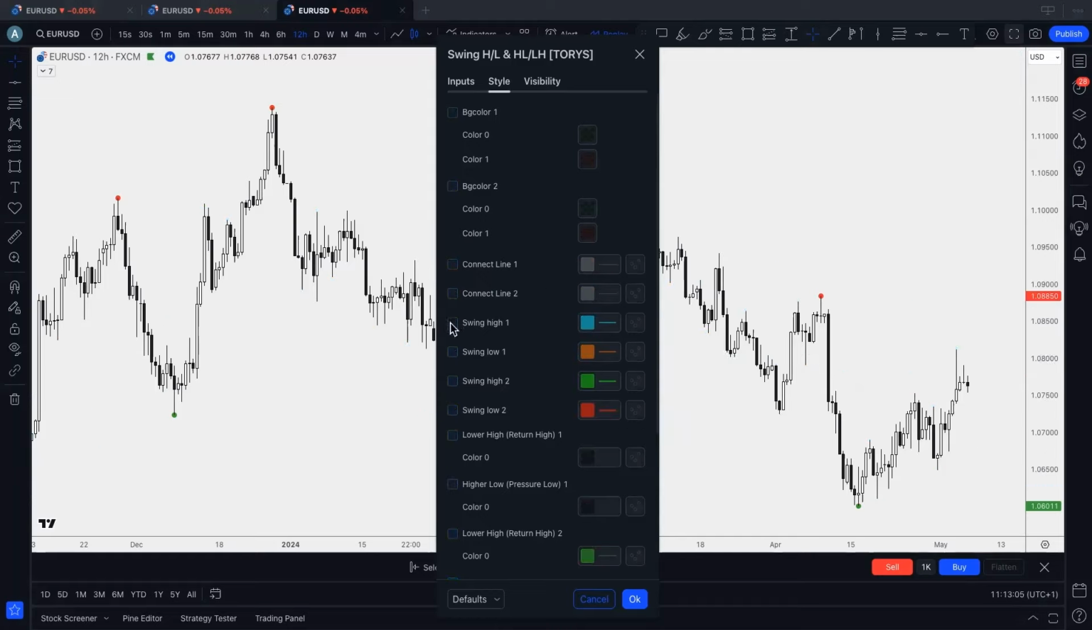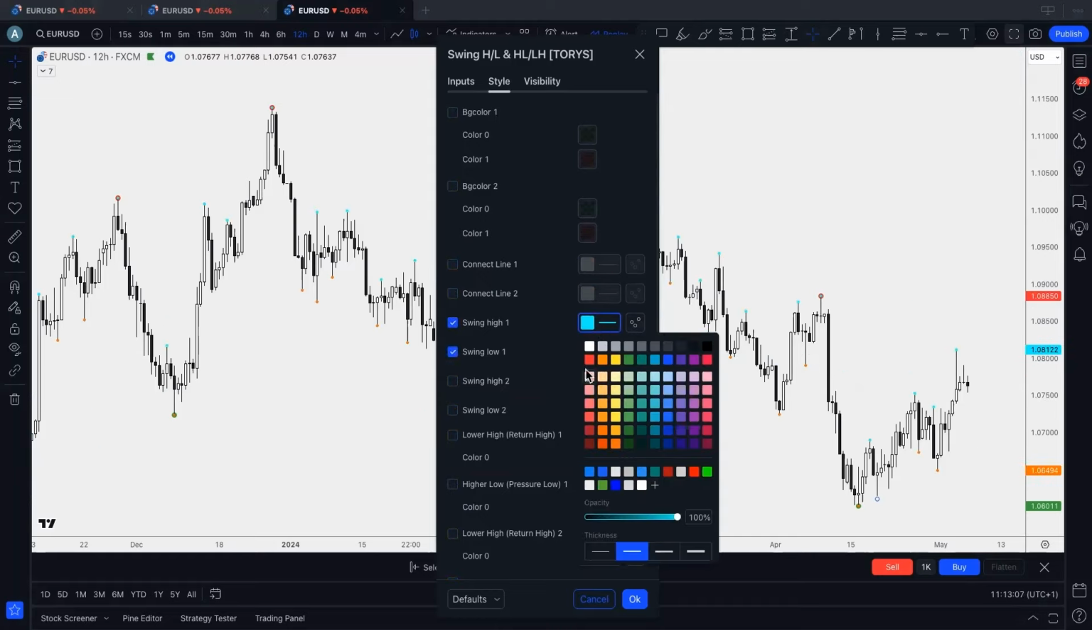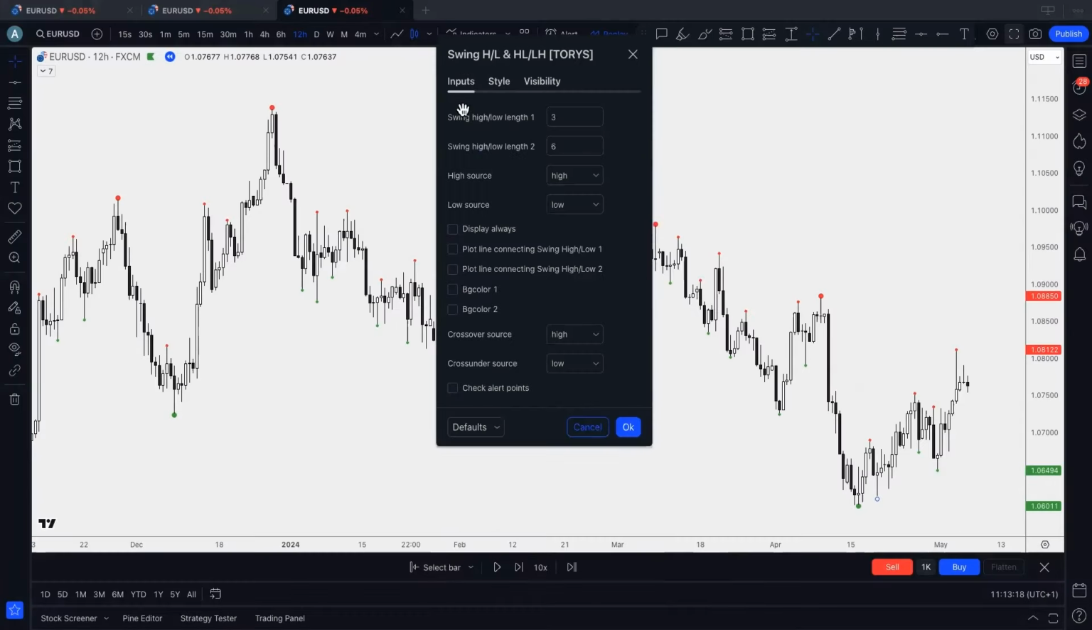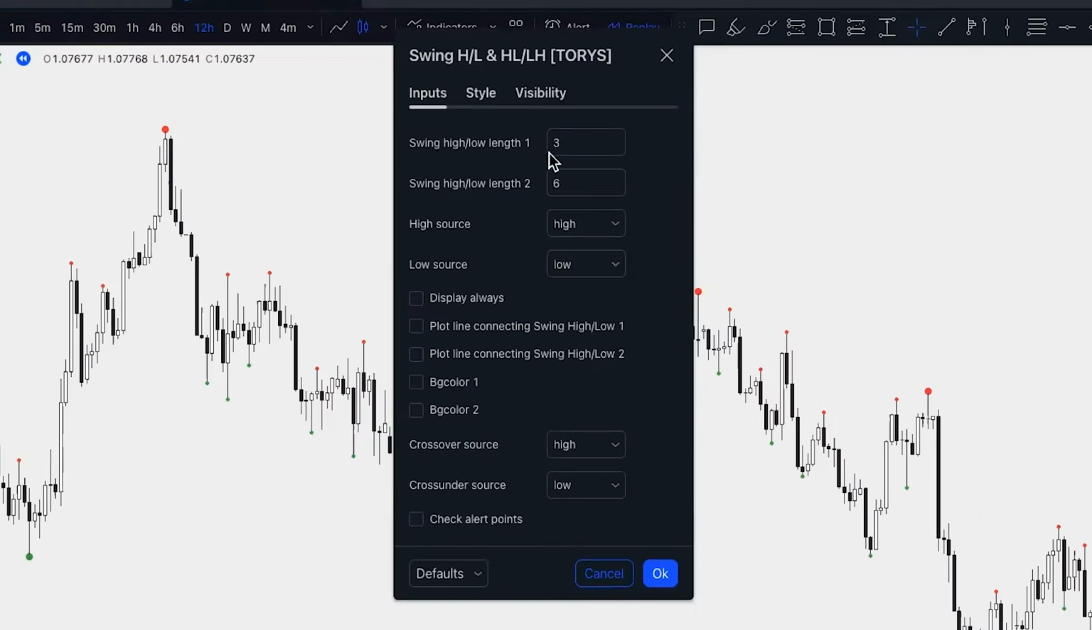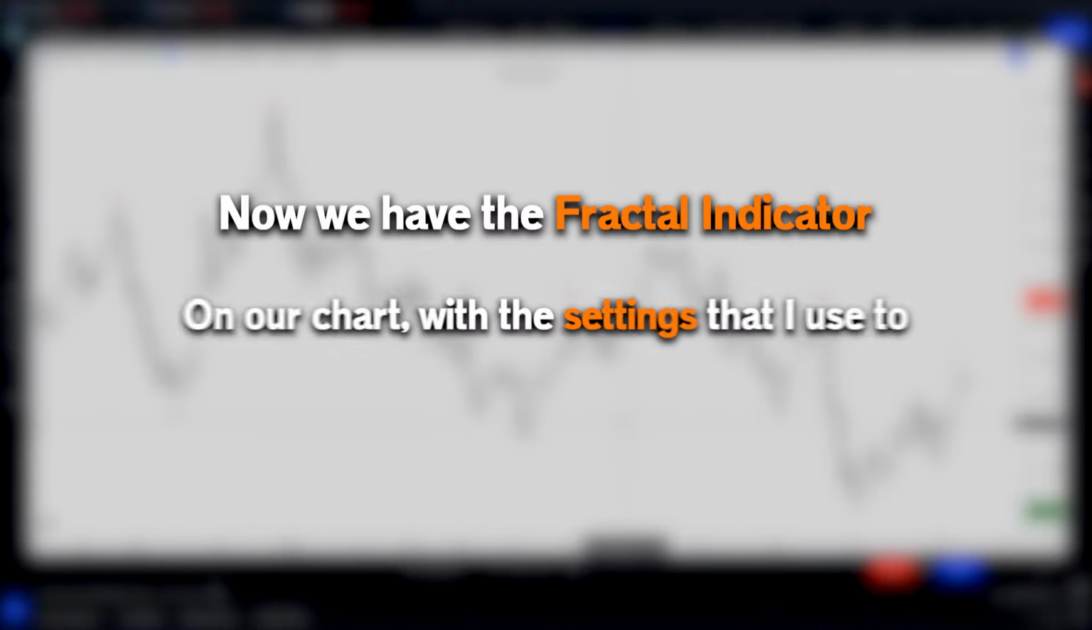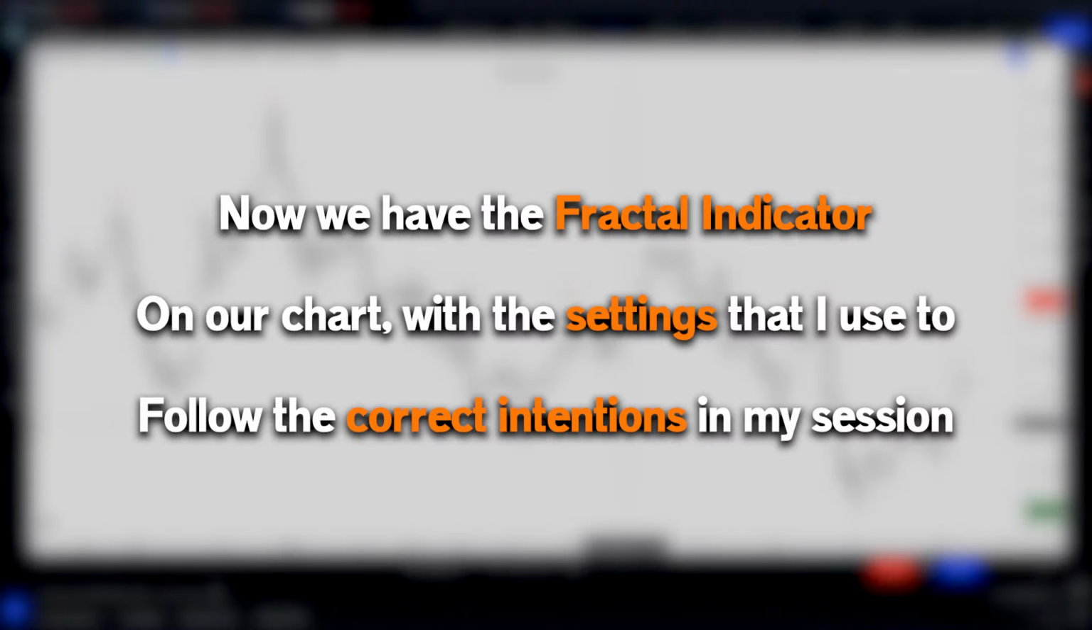Let's come over to swing one, high and low. Typically we want to change them to green and red, show direction. Come over to input. Let's change swing high length to 15, length 2 to 15, and that is that completed. Now we have the fractal indicator on our chart with the settings that I use to follow the correct intentions